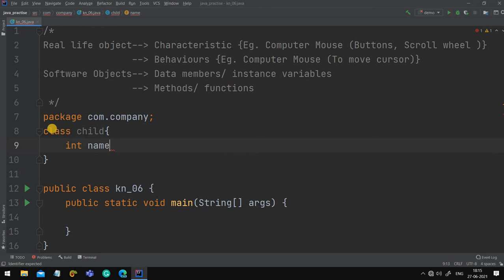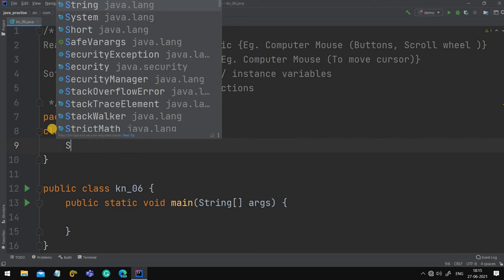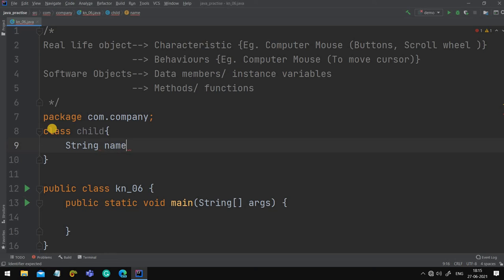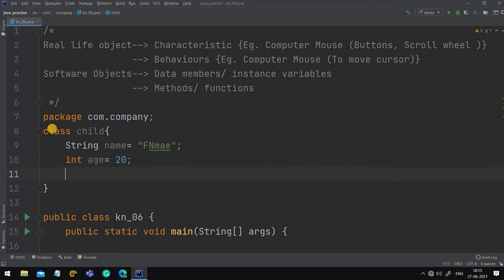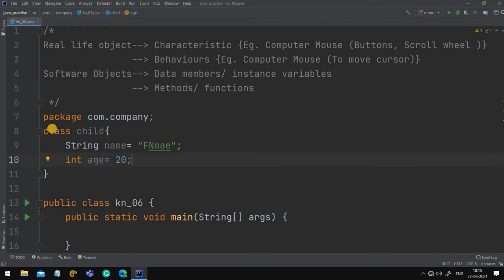Those are the name, String name is equals to, let it give as first name, fName. After that, int age equals to, let's give it as 20. Okay.